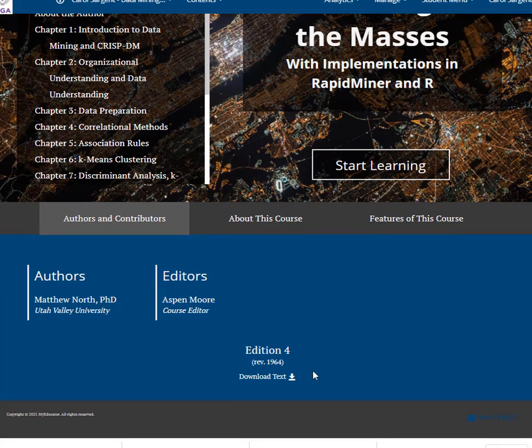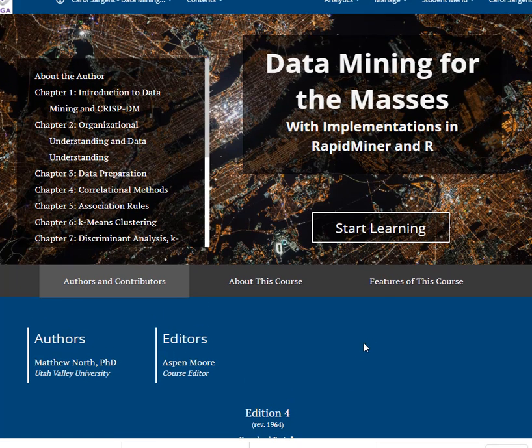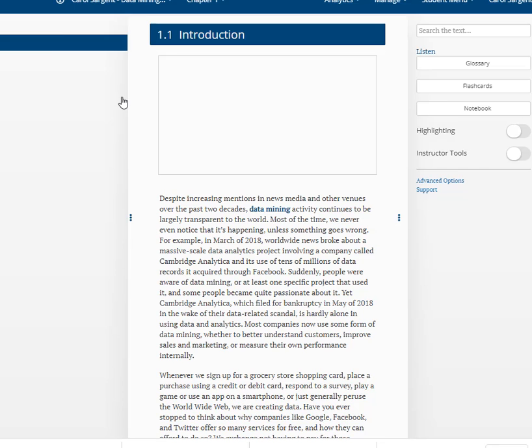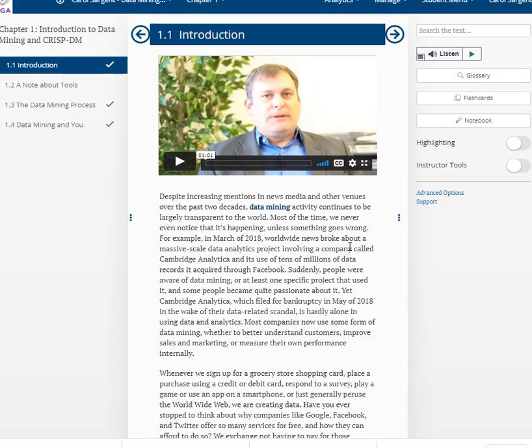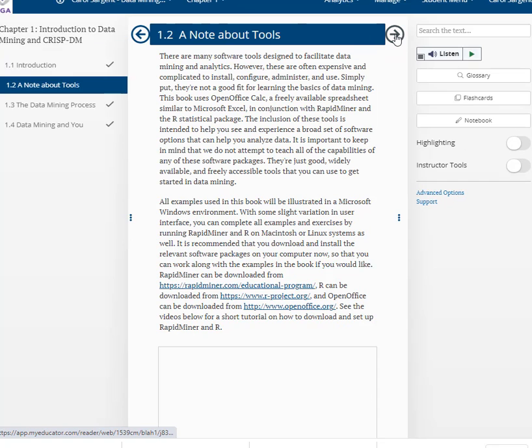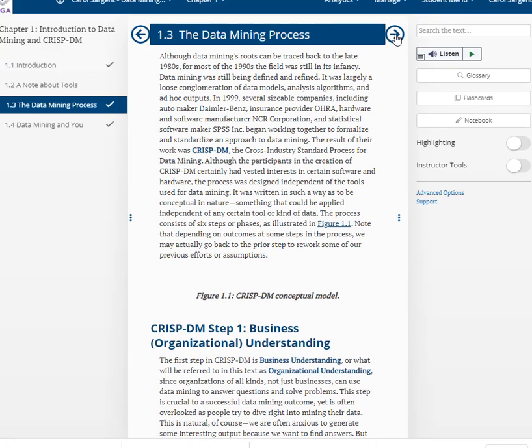And here's the site, and you could download the text if you want it in PDF, if you like to actually hold it in your hands and make notes on it, or you can just read it here on the screen and just do it that way. You'll have to answer the questions for the text and the cases and so forth on the website, but the actual content in the textbook you can look at in PDF if you like. Okay? So at the end of each of the chapters, let's see if I can blitz through here.